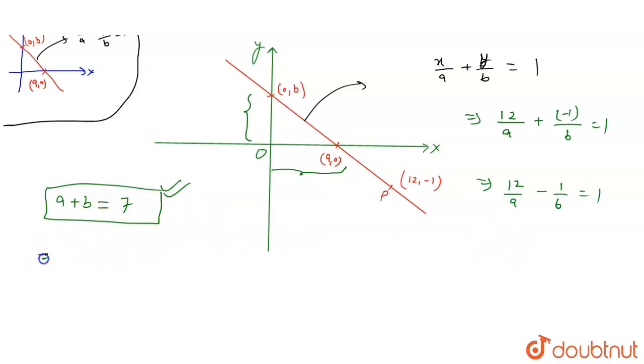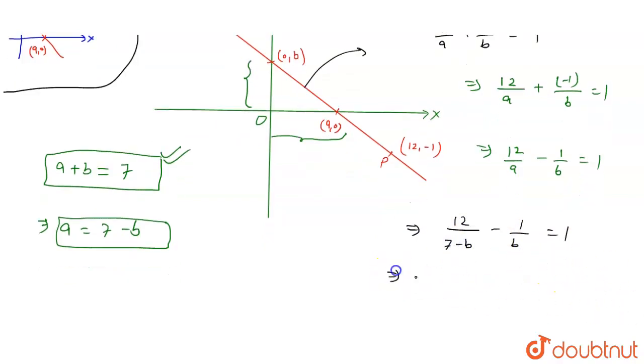So you can say a will be 7 minus b, right? We will put this value of a in this equation. You will get 12 upon a, which is 7 minus b, minus 1 upon b equals 1, right? And if you solve this,